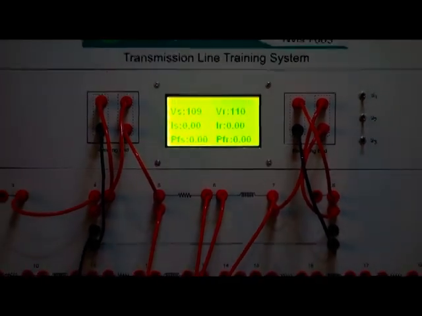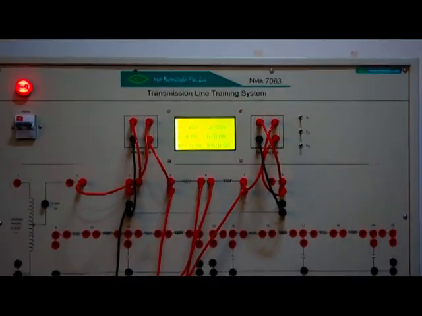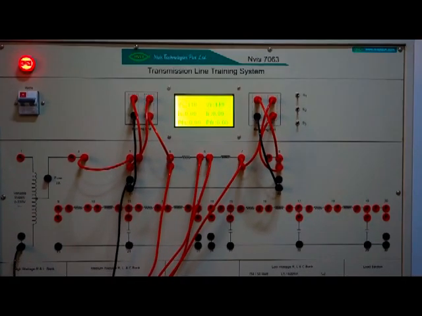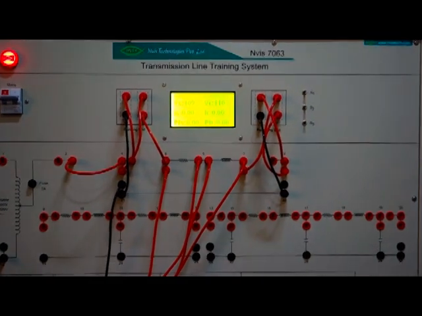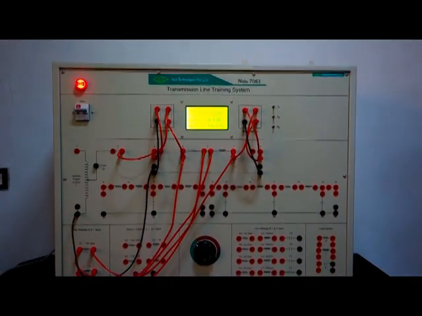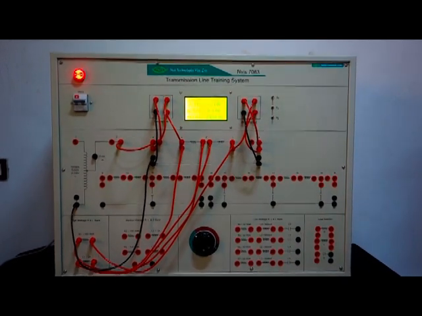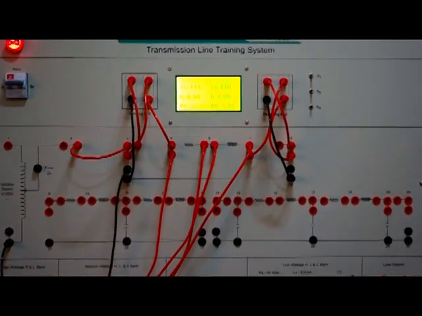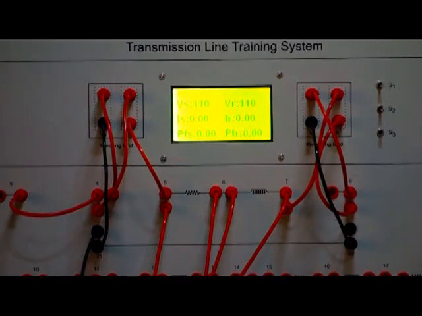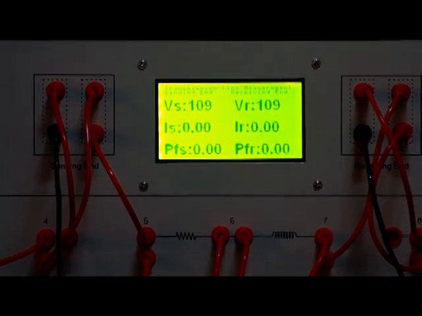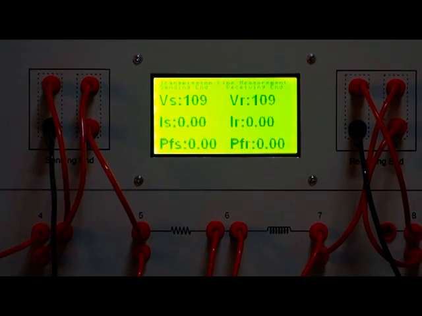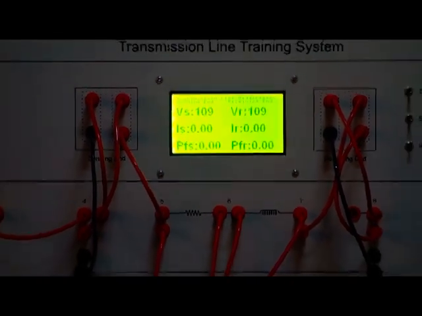Now write the value of Vs, Is and Vr in the observation table given in the manual. By using the value of Vs, Is and Vr, we can easily calculate the dimensionless coefficient A and admittance C. Switch off the supply.